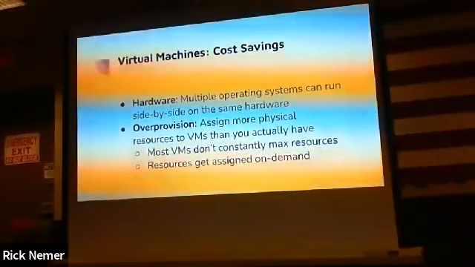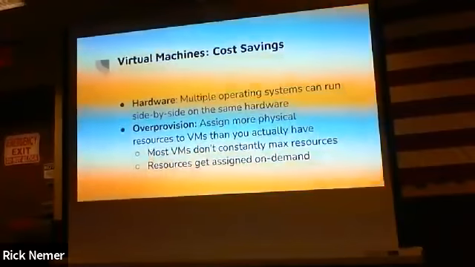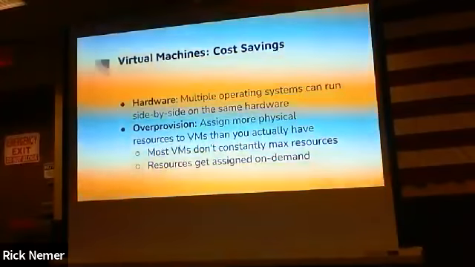Over-provisioning allows you to assign more physical resources to VMs than you actually have. So each of those VMs thinks it has the full 16 gigs or 32 gigs or whatever it needs, but it's actually only given that RAM by the host OS whenever it's needed on demand. Reason being, if you think about it, most VMs are not going to run full throttle all the time. And if they do, something is wrong or you're mining a lot of Bitcoin. That can be that something is wrong, I don't know. But if they're just sitting idle, they could use a very small amount of RAM, let's say 12 gigs. Then one of them zooms up, it gets the RAM it needs, it goes back down. So it allows you to overextend yourself a little bit even further.